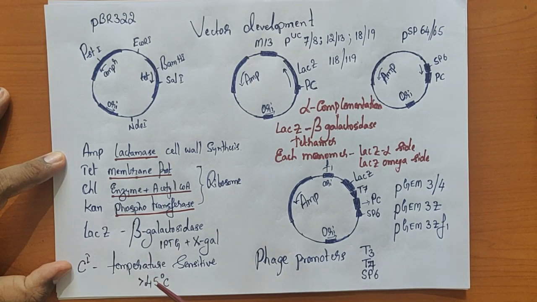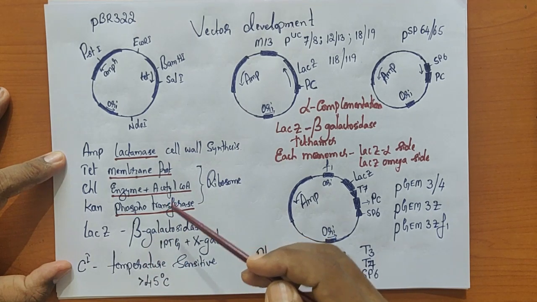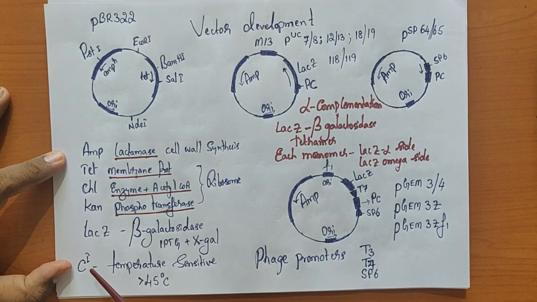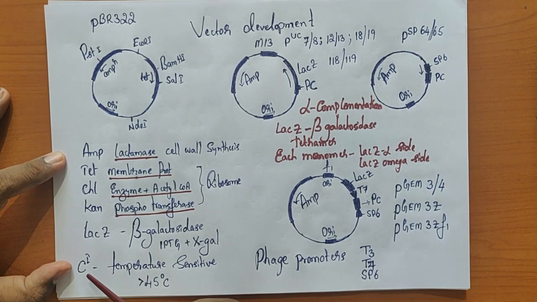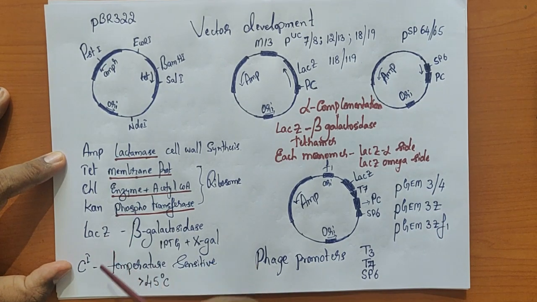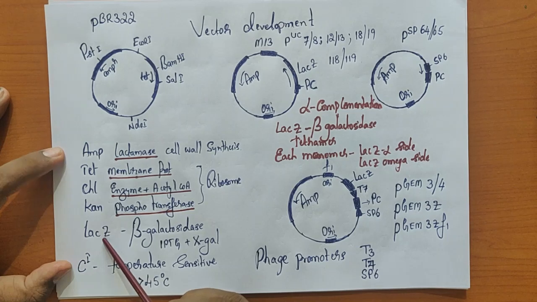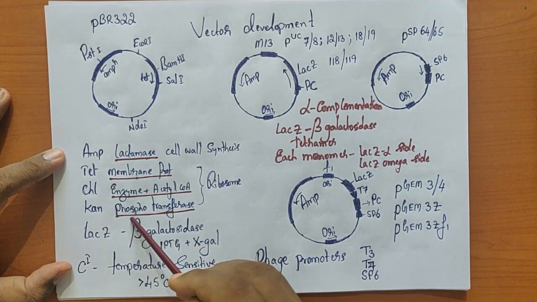But the moment you increase the temperature to 45 degrees centigrade, the C1 repressor gene is no more functional. Then transcription and translation can be initiated. So now this C1 repressor gene will provide an additional advantage over LAG-Z DNA as well as these promoters, because